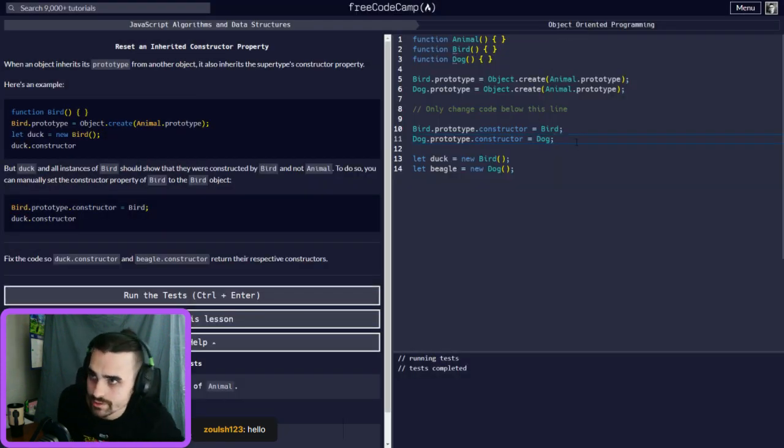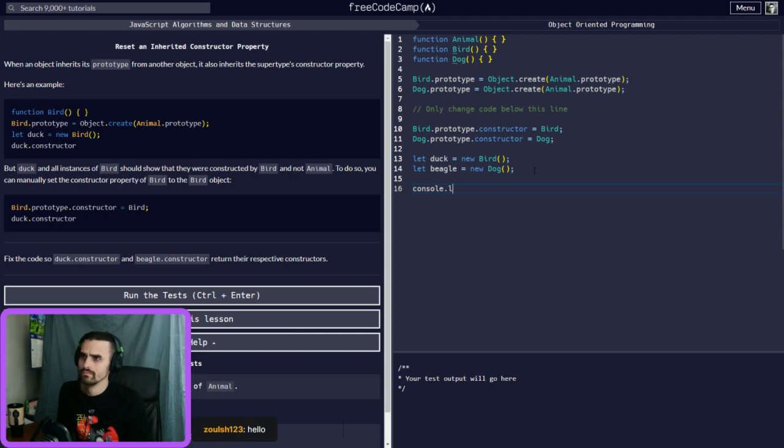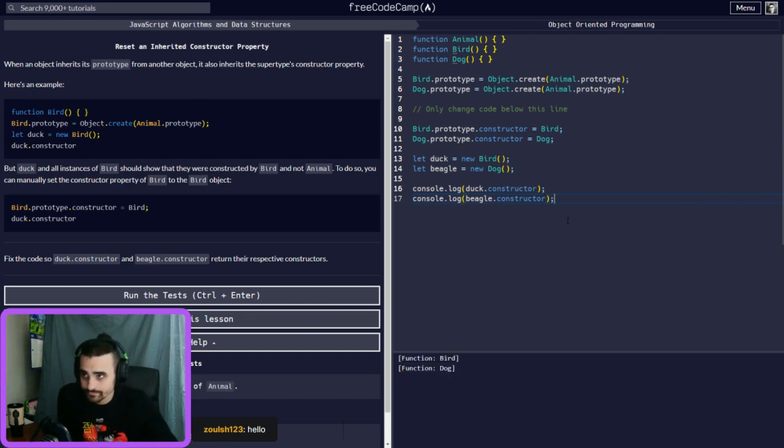So yeah, you want to make sure these constructors. So if we do duck, okay, so it's returning a bird now. So now we do the console.log and make sure the beagle is now a constructor of dog. There you go.